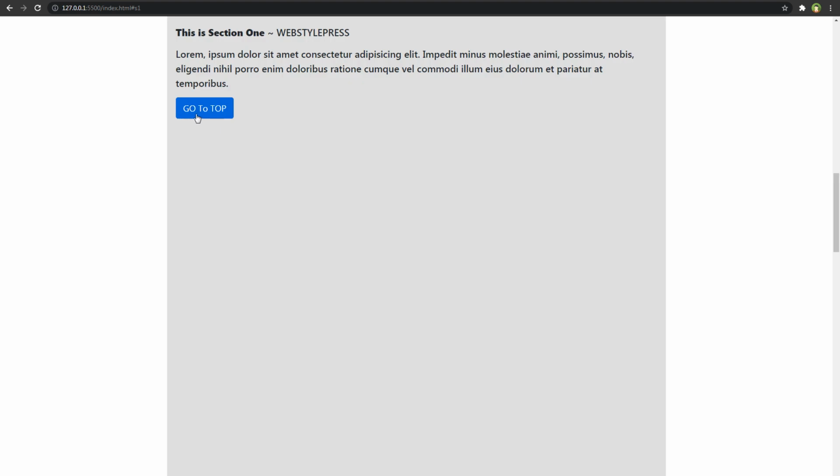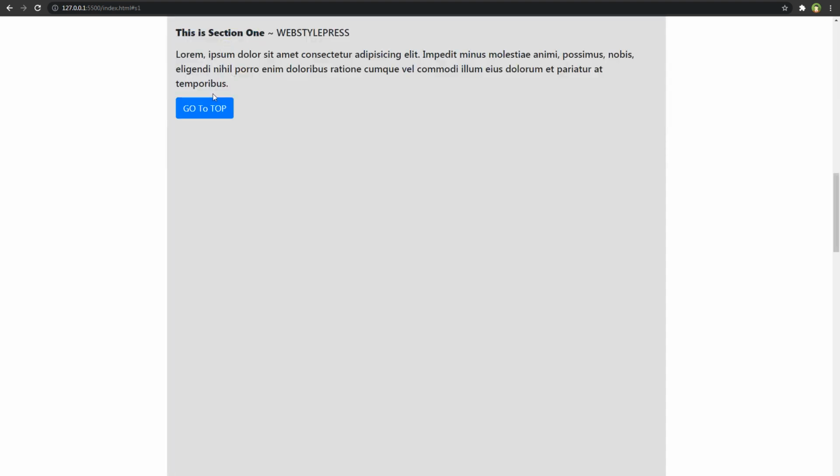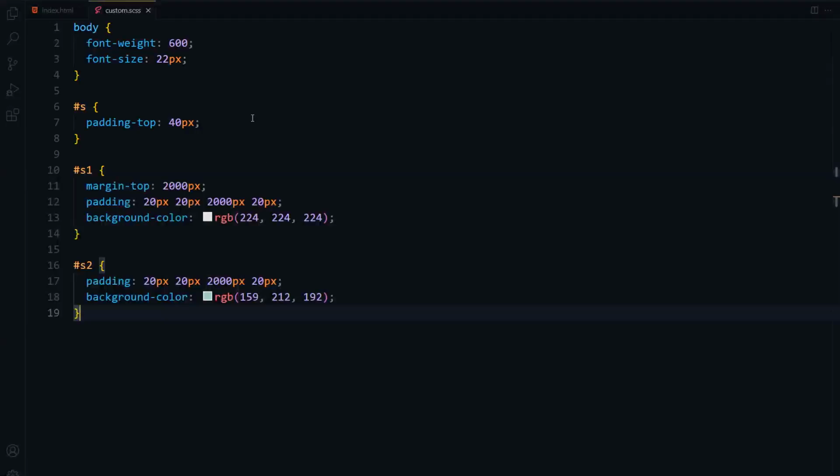Basically, this is a long page with the two extra sections, section 1 and section 2. And we are navigating to these two sections on click of these two buttons. And then the button at the bottom of these sections will bring us back to the top of the page. So we can make this jump go away. We can make this scroll smoother. We can do that by using only CSS.